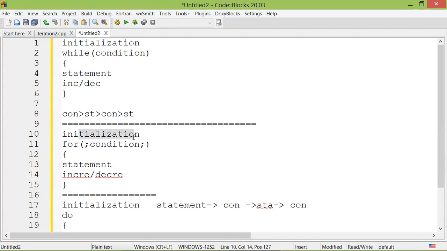So initialization is as in while, the condition is as in while, and after the statement, increment and decrement of the variable is similar to while. So while loop and for loop, you can make them the same. So the question is why we need to learn these three. Okay, if they are doing the same thing, yes, they are doing the same thing, but the fact is